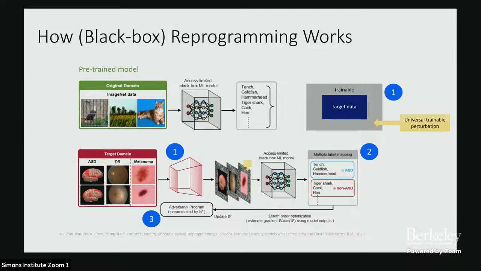And this training can be done in a black box way if we are dealing with a black box model, using zeroth order optimization or any gradient-free techniques that Tara, the first day's keynote speaker, talked about. And noticeably, in the entire process, we are not changing the weights of the pre-trained model. All we do is insert these new modules at the beginning and end of the model to enable this sort of transfer learning scenario. But I prefer to call it reprogramming.